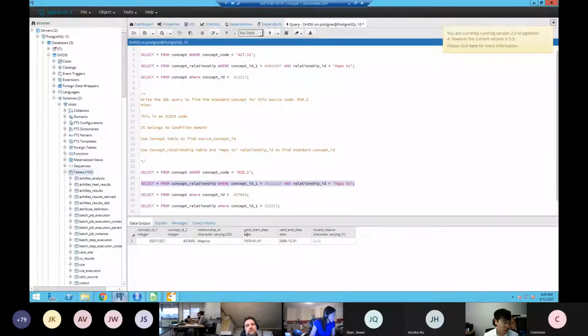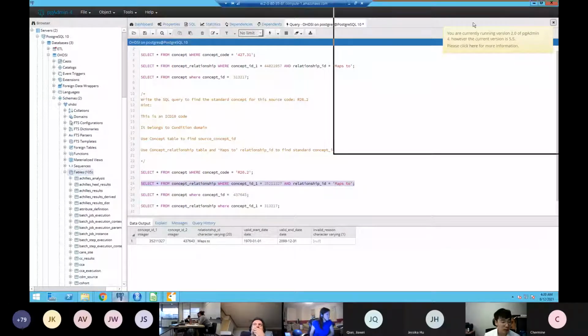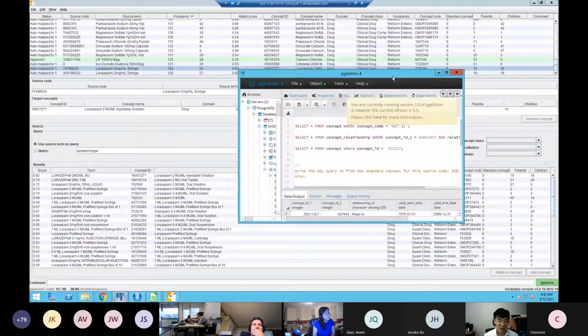So you can update your mapping system, but I don't think you can do this just one time, once,